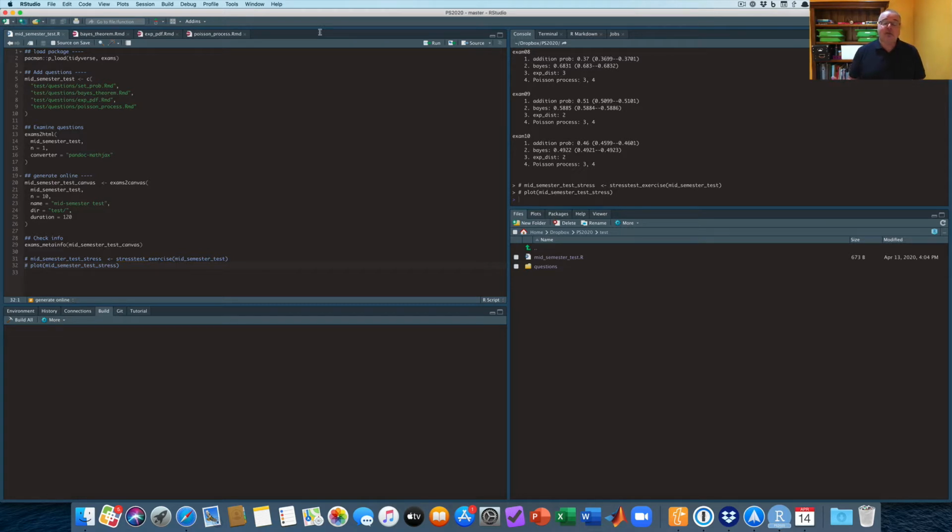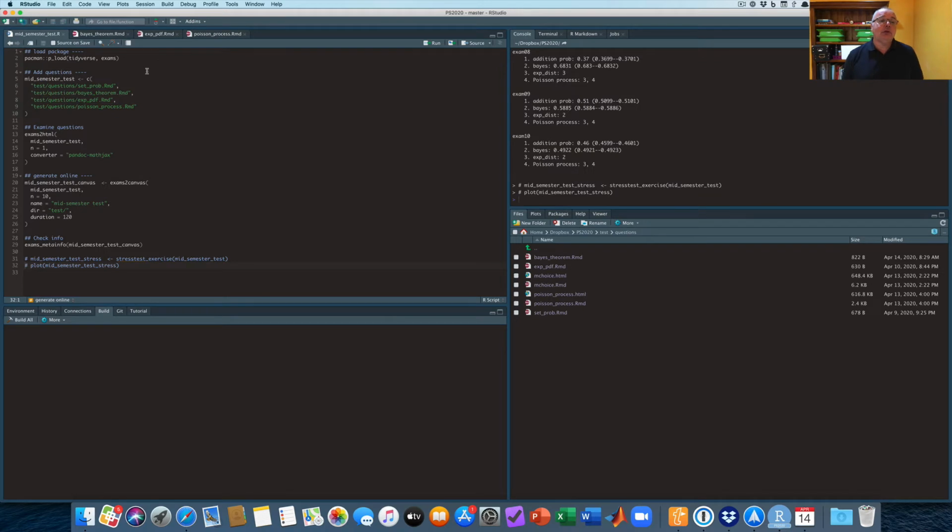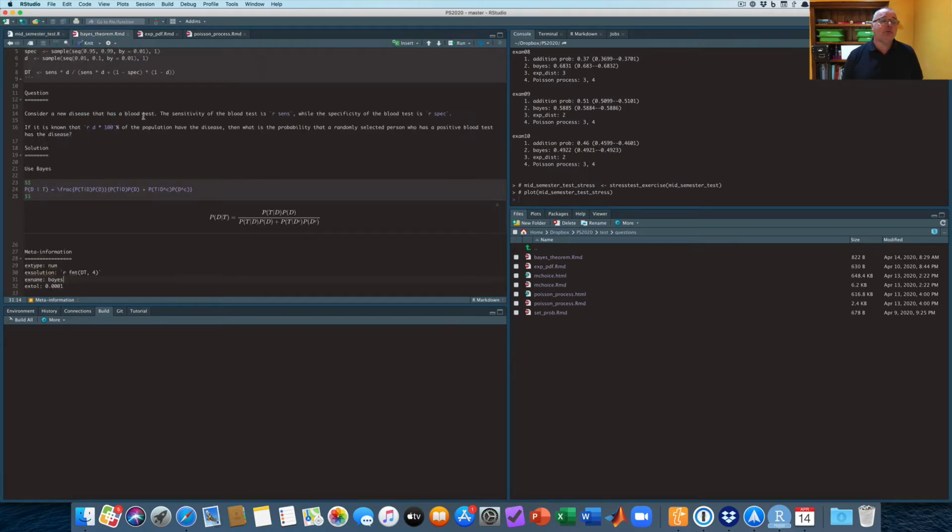And then with the exam, you can export that into various things, but the one we're interested in is Canvas. So here's my setup. If we go and look at questions, I've got a variety of questions. I've written all of them in R Markdown. So the three main forms that you can do in R Markdown, well, first of all, you can do a